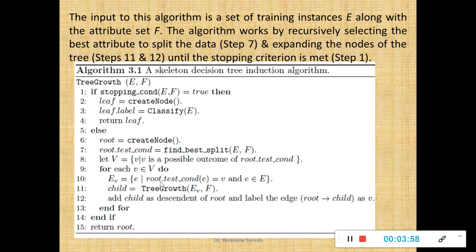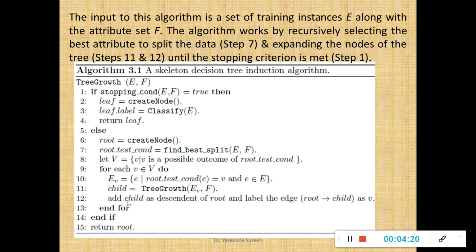I am supposed to find the test condition. What is that condition? Which attribute I am applying, whether it's a binary split, a multi-way split, a nominal split, or an ordinal split, that I am supposed to look at, and I'll give the attribute as A, and for every edge associated with the given instance.